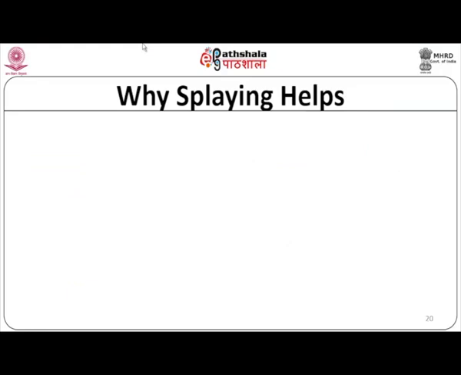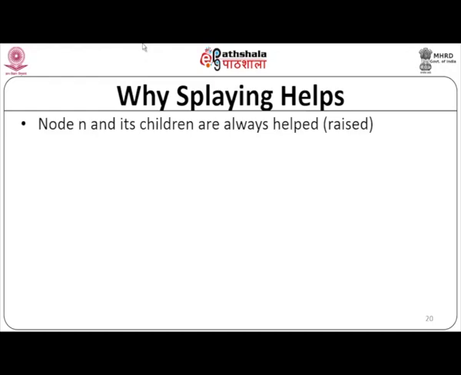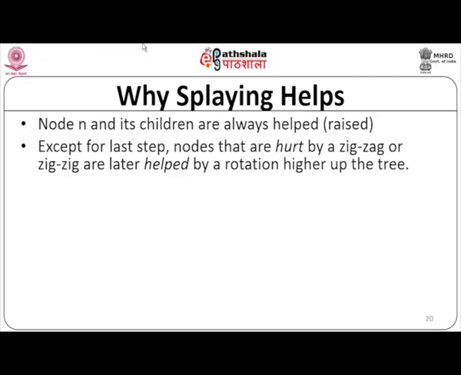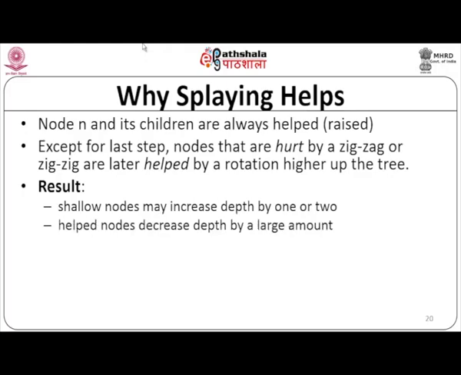Okay. So, why does splaying help? That is the next question. Node n and its children are always helped. So, not only n, n's children also move up the tree, except for the last step. Nodes that are hurt by a zig-zig or zig-zag operation are later helped by a rotation higher up the tree. So, some nodes do move lower, but later on they will be moved up. The result is that shallow nodes may increase depth by 1 or 2,